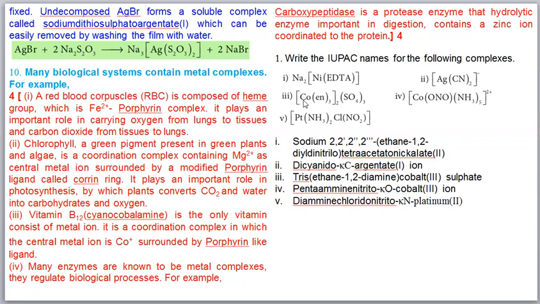Cobalt is in the first part. So we can write cobalt only, not cobaltate. Okay. Then what is the oxidation state? Let us take the oxidation state of cobalt as X. En is 0. SO4 is -2 here. 3 is there, so -6. So X - 6 equal to 0.